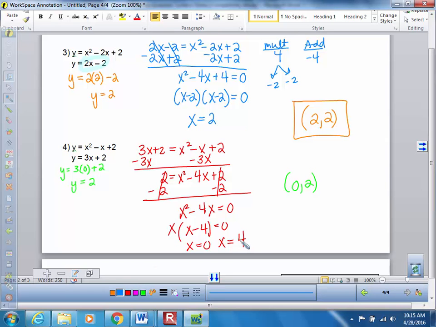Then we want to plug in 4. So I'm going to do y equals 3 times 4 plus 2. 3 times 4 is 12. 12 plus 2 is 14. So when x is 4, y is 14. So those would be my two